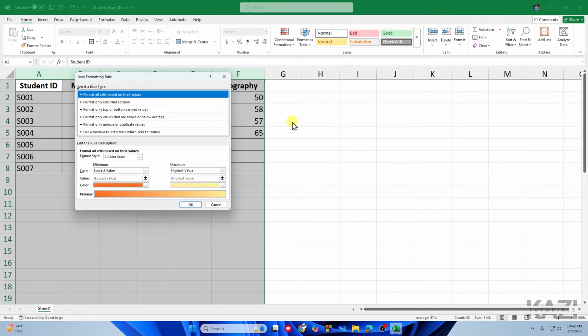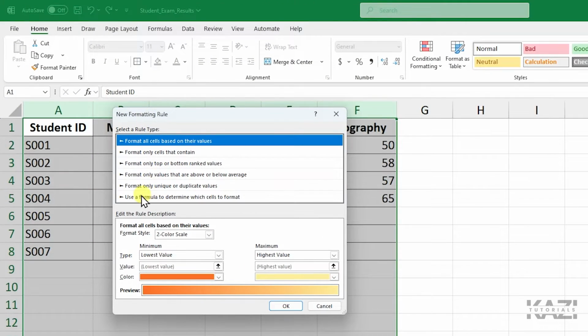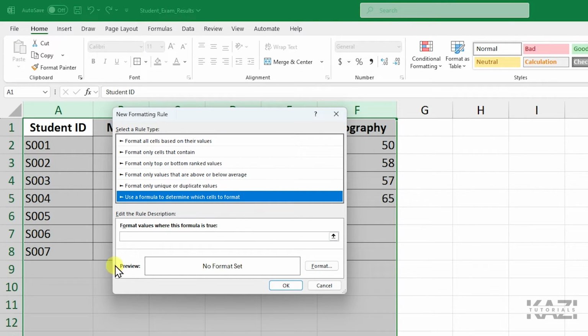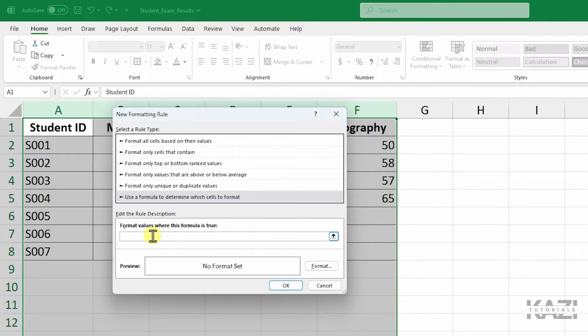and simply go with the New Rule. All right, then from here first select "Use a formula to determine which cells to format." You need to select that one and just type in exactly what I am writing right now. You can probably see the typing on the screen. So first the equal sign, then $A1, then the angular bracket, then 2 quotation marks like this,